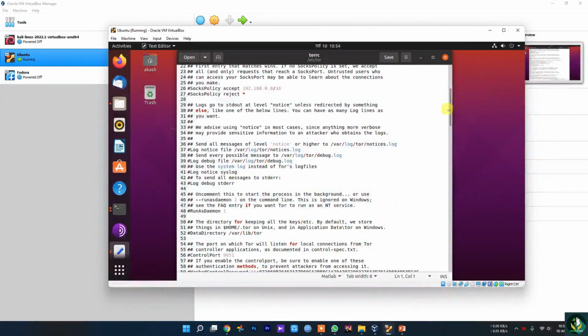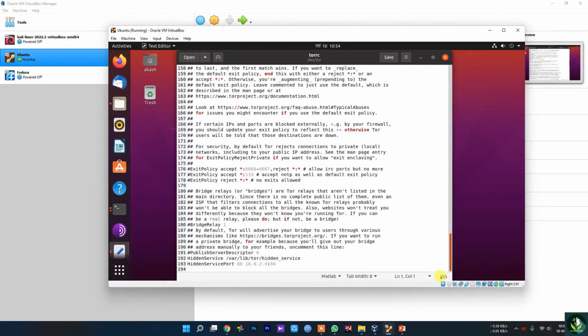What you have to do is go down. By default your last line will be this. After that you have to add these two lines. I will also tell you what this does. By default you will see this is the last line. After that just press enter,